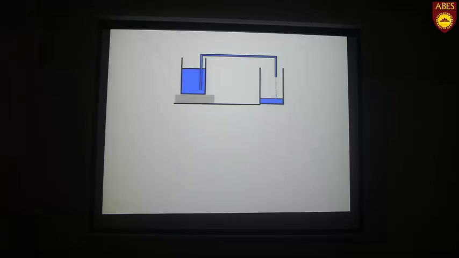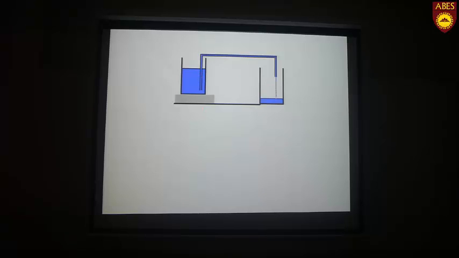Let's see that if we have this picture, that means this beaker has less water in comparison to this container, and it is at a height above the ground surface in comparison to this beaker. Then this container is having more height, and because of this height difference, the pressure will be higher this side, and hence the water will flow from this to this container, and water will start flowing to equate the level in both the containers.